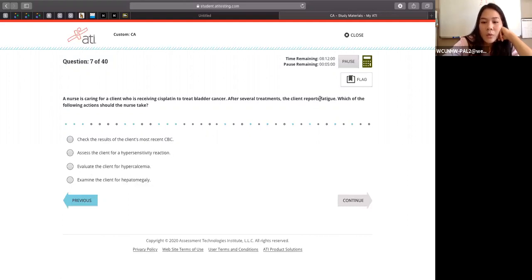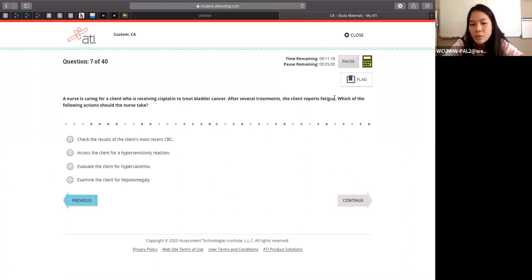So what can cause fatigue? If they have bladder cancer, what's their treatment? It's going to be either radiation or chemotherapy, or maybe even both, right? And chemotherapy causes the patient to have really low blood count, so if they have a low blood count, they're going to feel fatigue because their cells are not